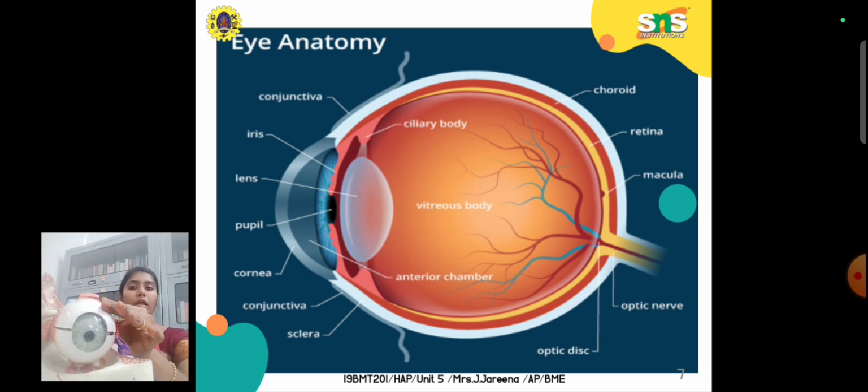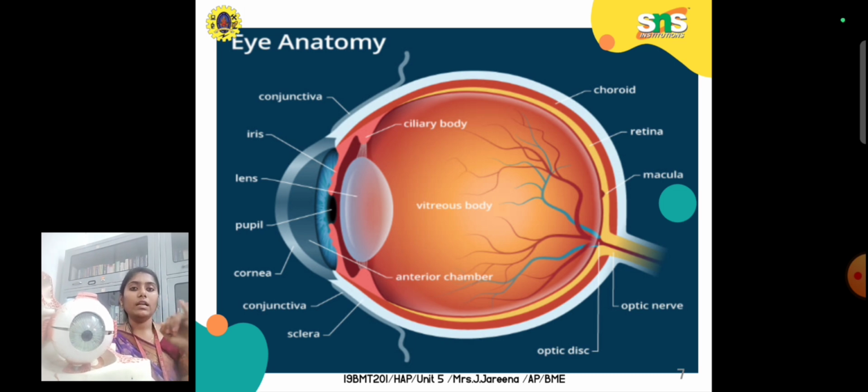It is opaque in nature, and this glassy type of layer is the cornea, which is transparent in property, so that it allows the light to easily get inside the eye. That is the main reason the front layer of the eye is made up of cornea, and the back side of the eye is made up of sclera.